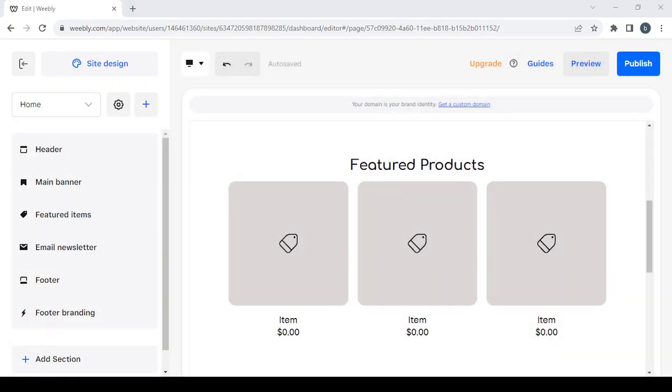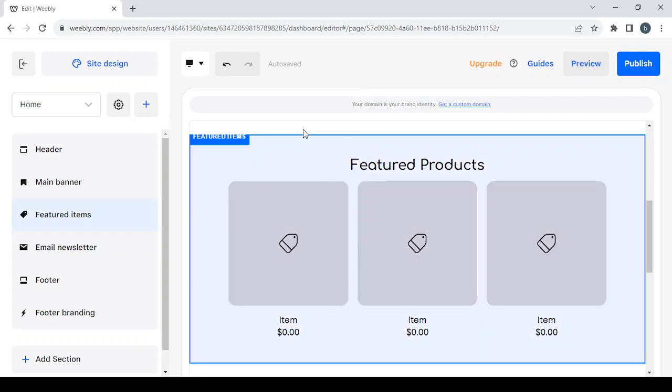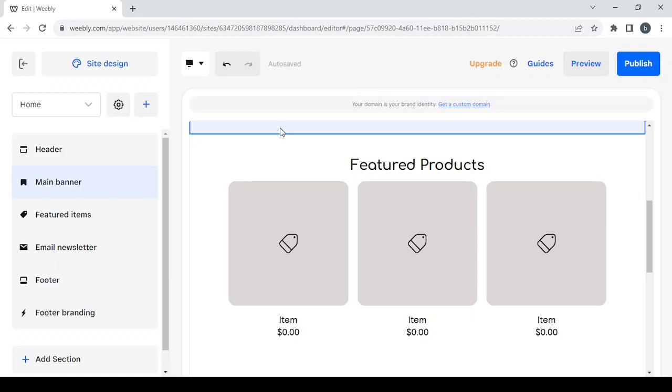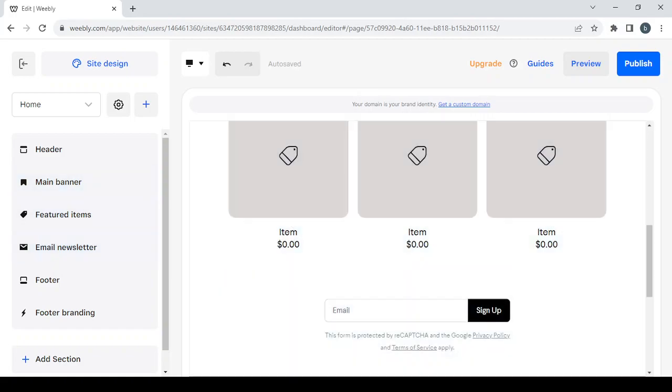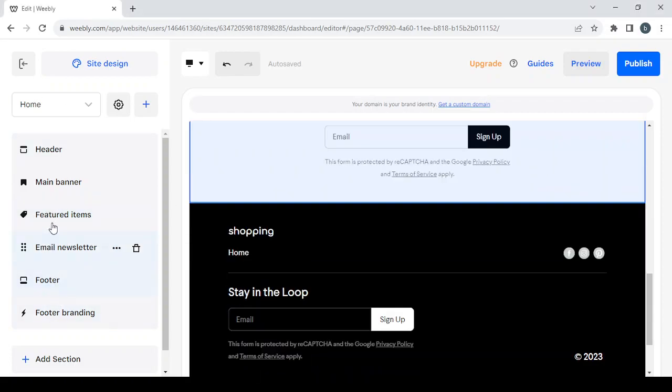So that's it guys for today's video. I just wanted to give you an idea about how this platform works and how you can build your store in it. So I still got one thing to show you, which is if you want to change the placement